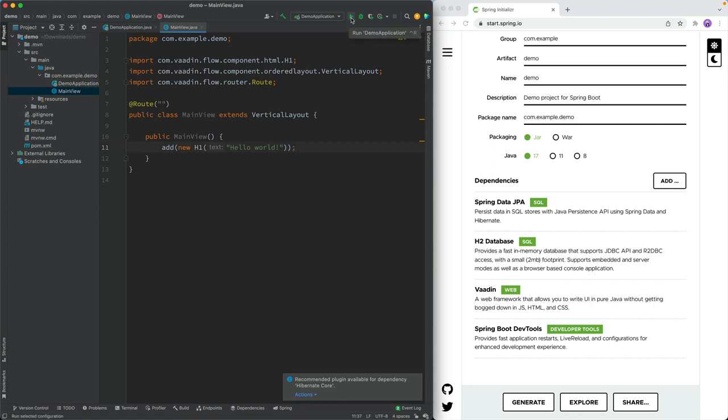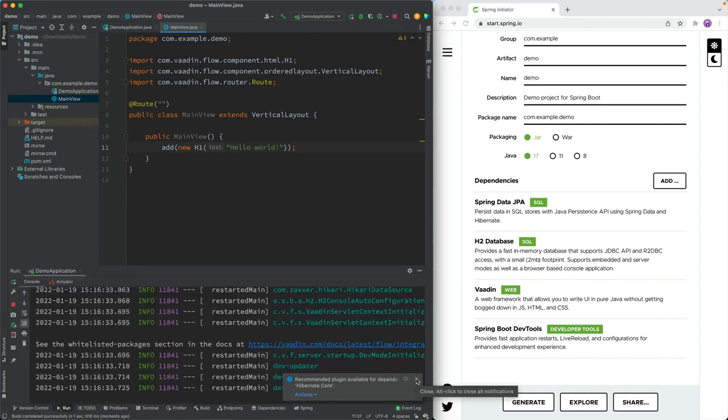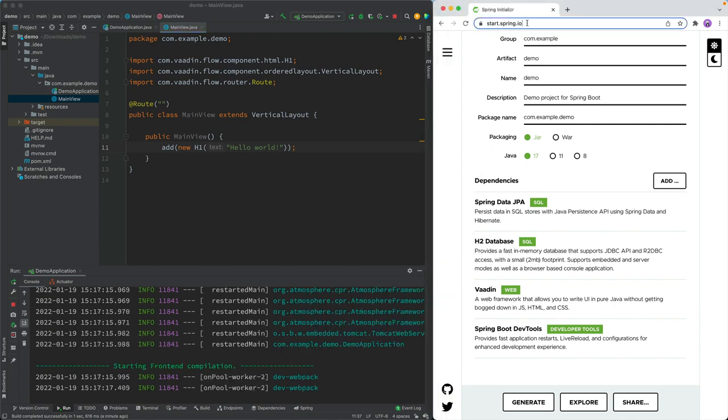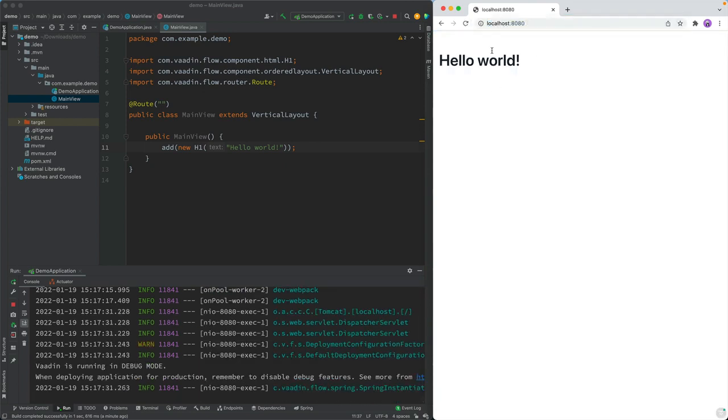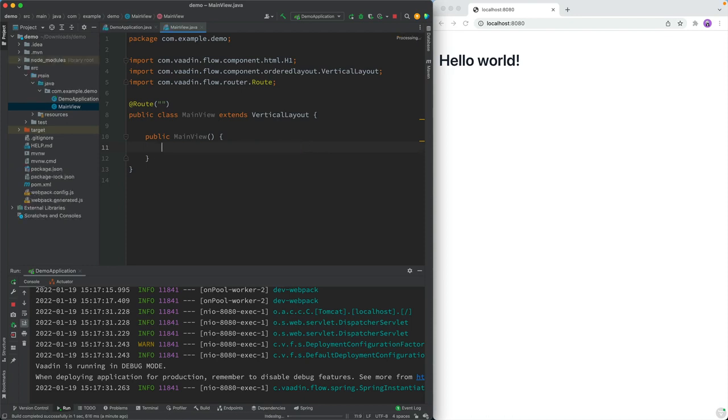You can go ahead and run it here by running the Spring Boot application. And let's give that a couple moments to get started. All right, so with the app running, let's go to localhost on port 8080, and we can see our hello world here. So let's take a look at, first of all, some of the just basic concepts of working with